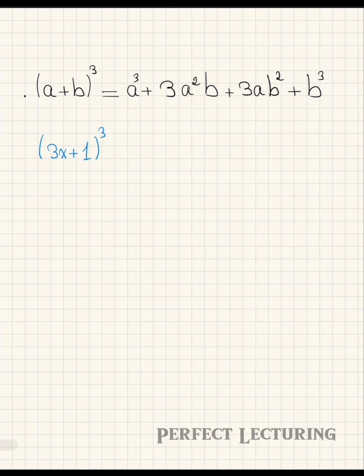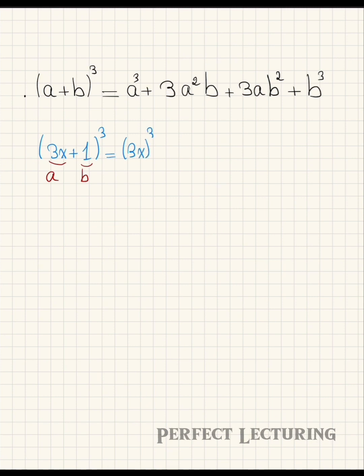What if I have (a plus b) cubed? So it is a cubed plus 3a squared b plus 3ab squared plus b cubed. So let's do an example. So here we have 3x will be our a, and 1 is going to be our b, which means a